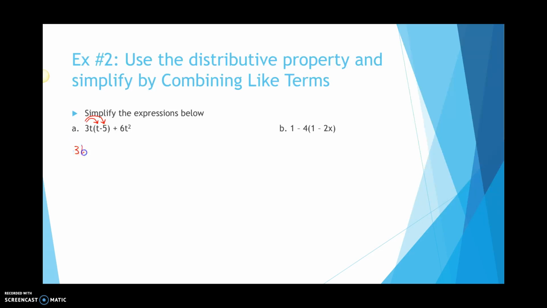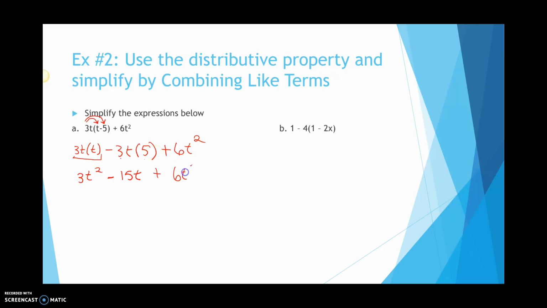So we have 3t times t minus 3t times 5 plus 6t squared. Let's simplify this further. 3t times t is 3t to the second, minus, now we multiply 3 and 5, so that's 15t, so minus 15t